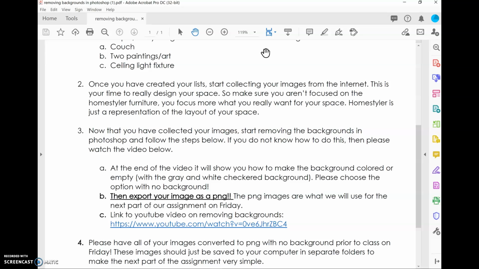If you have questions, please help each other. Email me. I'm really sorry I'm not there, but I will help you if you need it, so please reach out. And I want you to have all the backgrounds removed prior to class on Friday so we can move on to the next step of our